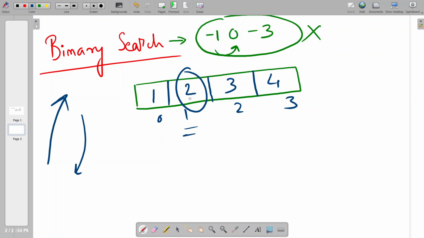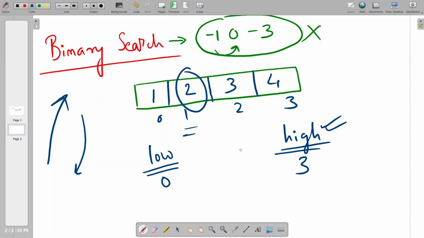The logic of binary search is that we keep 2 variables to track the 2 endpoints, the start point and the end point. Here the start point is the first index, called low, and there is another variable called high which keeps track of the last index. Here the last index is 3. So low is 0 and high is 3. This is the starting point of binary search. We define the range where we are going to search for an element, from low to high, and we are sure that we are going to find that element somewhere between 0 and 3. So we have decided this search space. That is the first task we do in binary search.